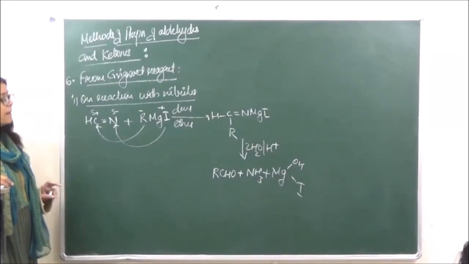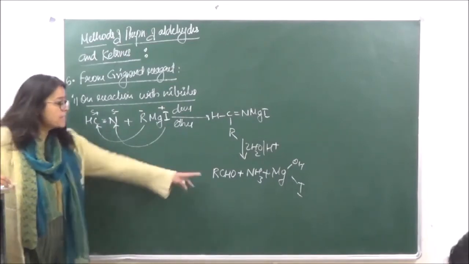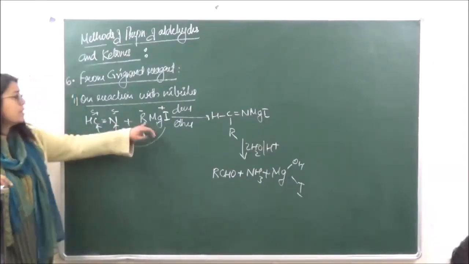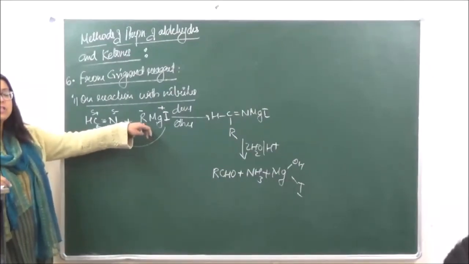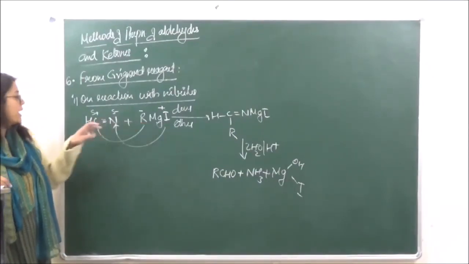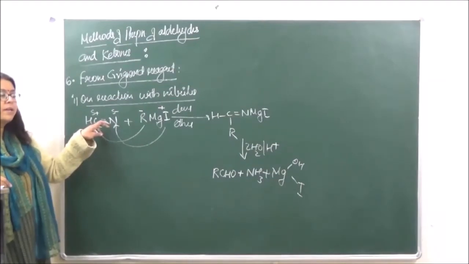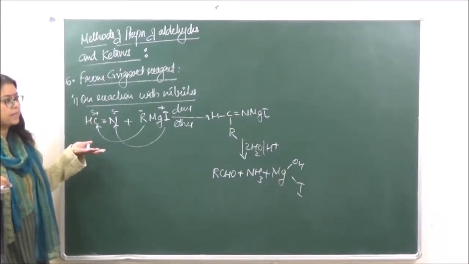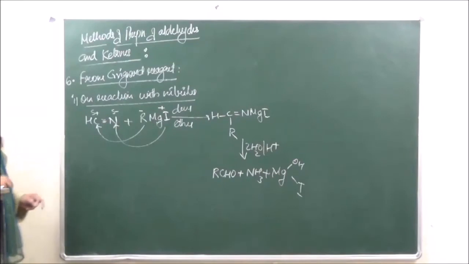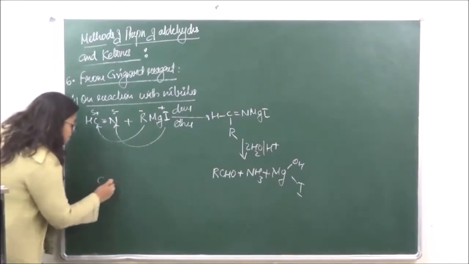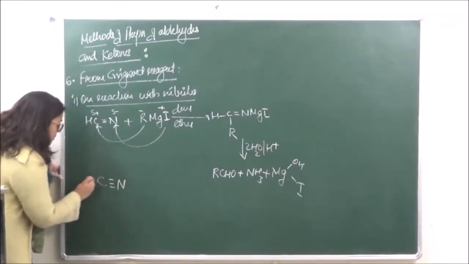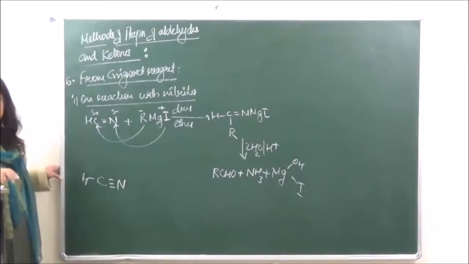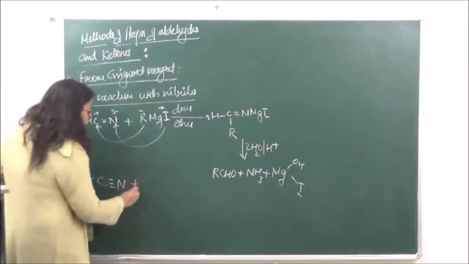Okay, now please remember over here the number of carbon atoms present in the product will depend upon the alkyl group which is present with the Grignard reagent and not on this, because over here it is going to always have only one carbon atom. Okay? So if you are getting any kind of compound of this type, we are taking a cyclic